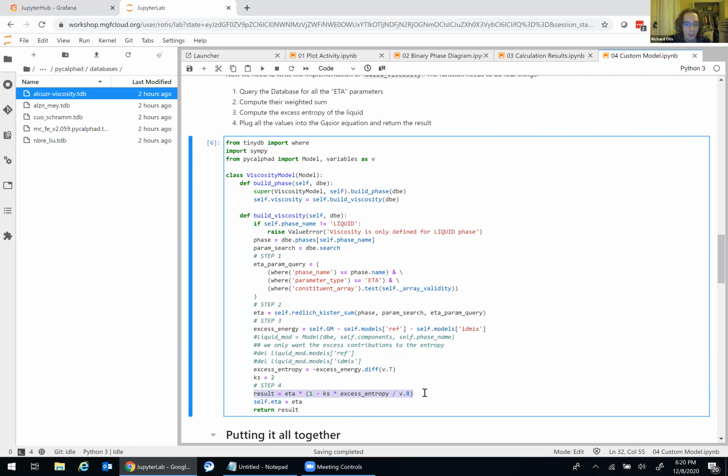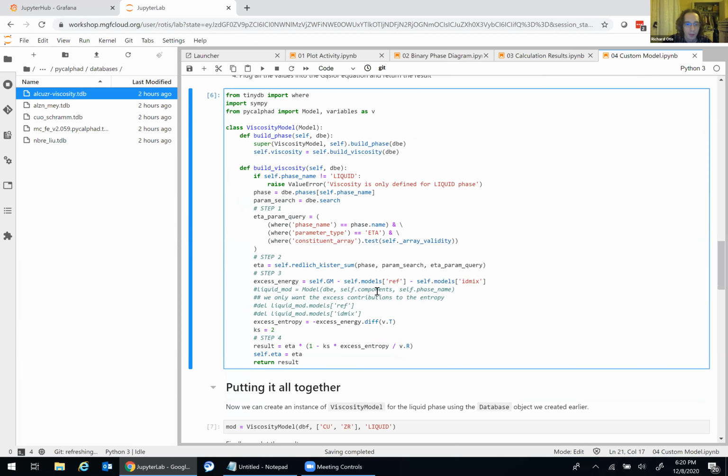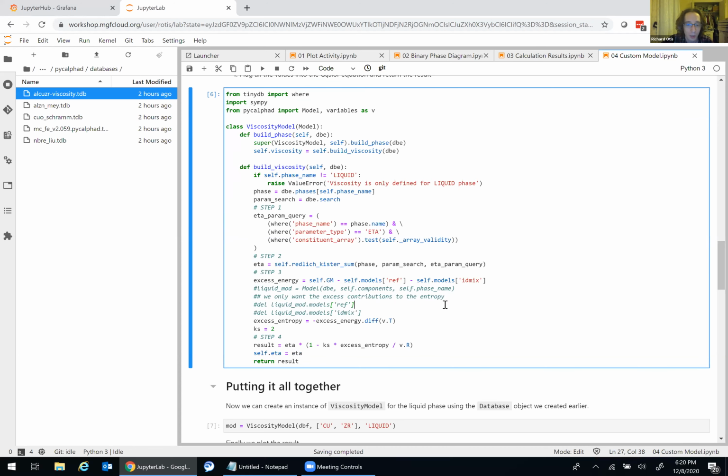And then finally, we put it all together, and we are able to calculate all the terms in this equation. And then finally, we return the result here. And so I also assigned an eta attribute, and that just gives us the weighted sum. That's really just more for debugging. I'm not particularly interested in that quantity, but for debugging, you can also assign attributes for intermediate quantities in your calculation, and that can make it easier as you're developing the model to go back and check to make sure